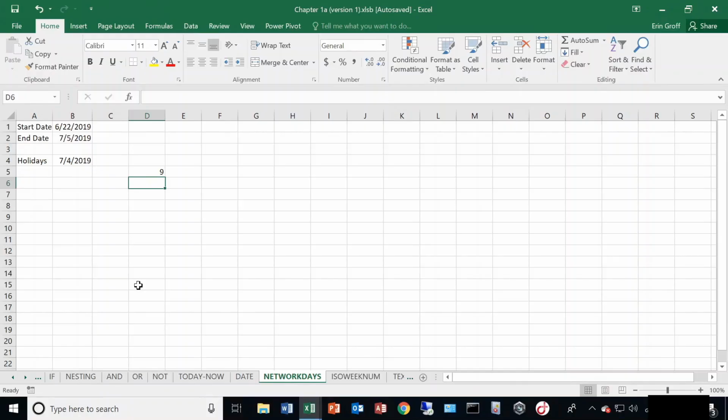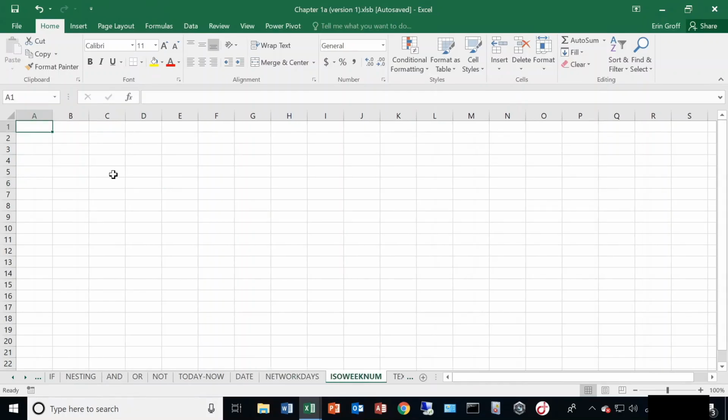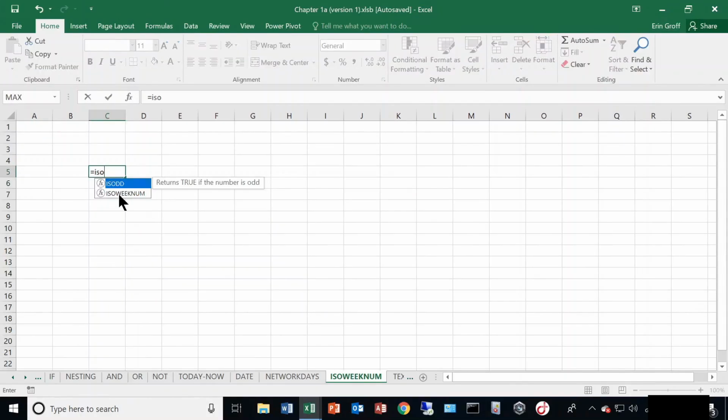And next I have my ISOWEEKNUM function. And this returns the number of the week in the year for the date entered. So the syntax for this, let me move to my next worksheet here. Syntax for this is going to be equals, name of my function, ISOWEEKNUM,